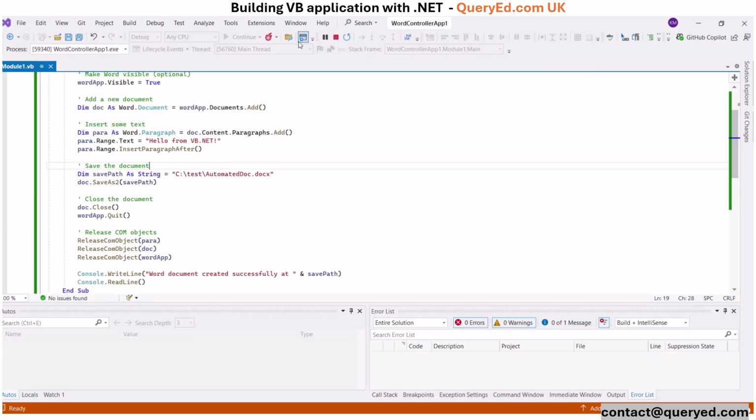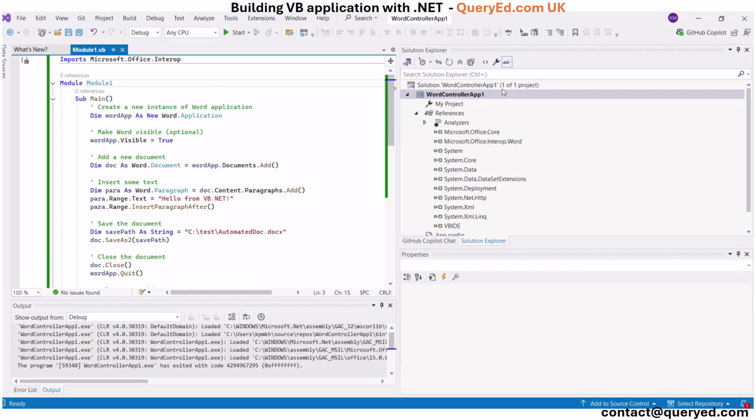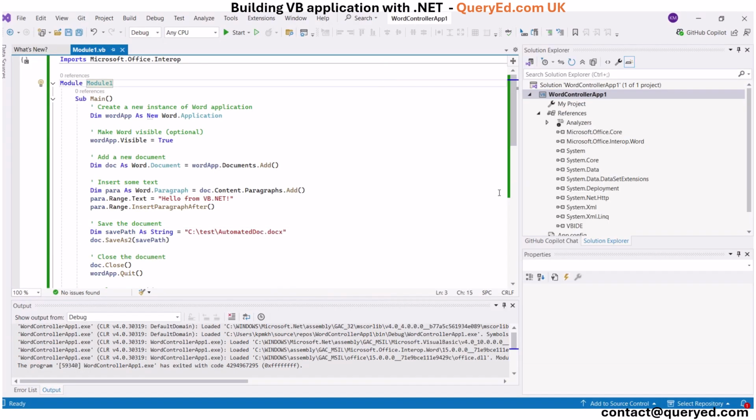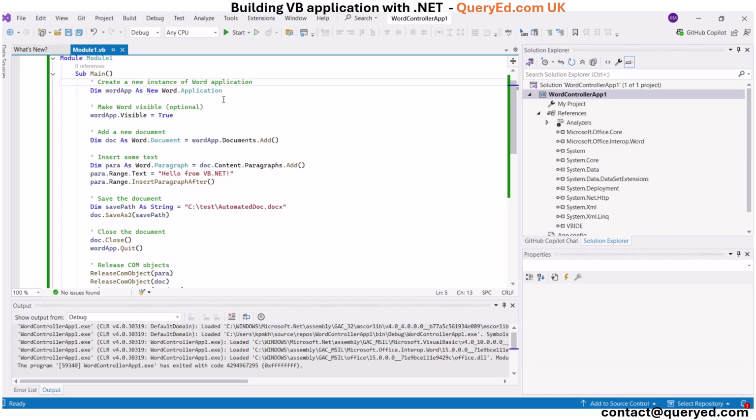You can execute the same code and see if it is working in Visual Studio 2022. So let's have a look at the code here. You see there is Imports and there is Module. In Module1 you have the Sub Main. In the Interop, everything necessary for using Microsoft Word is opened. Then you are creating a variable WordApp with Word.Application. It will create an object, and then you're making it visible,